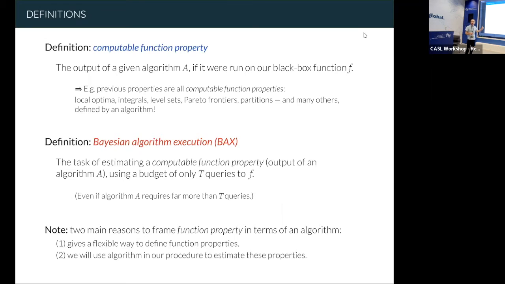Yeah, so notice that we're framing a property here that we want to estimate in terms of an algorithm, right? And there's two main reasons to do that. The first thing is that it gives a flexible way to define function properties. You can slightly change the algorithm, and you have a slightly different property that you've defined very, very clearly. And second of all, it's actually going to give us the procedure to do the sample efficient estimation, which I'll